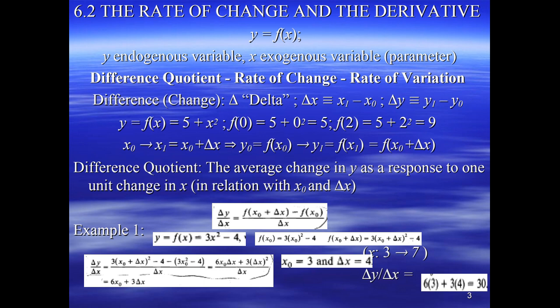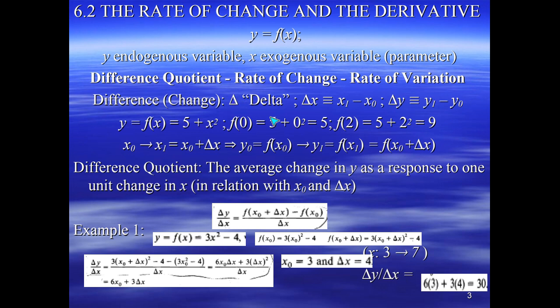The difference quotient or rate of change or rate of variation all mean the same thing. Those are the three different names for the same measure, same concept. We will learn it. So we start by the difference or change. We show it with the Greek uppercase letter delta. This is delta, you see,